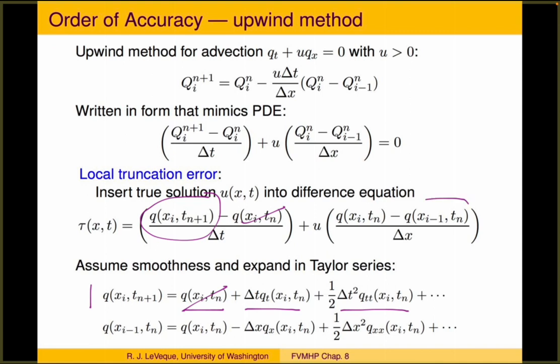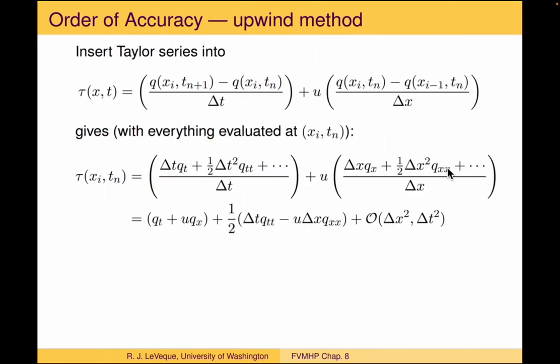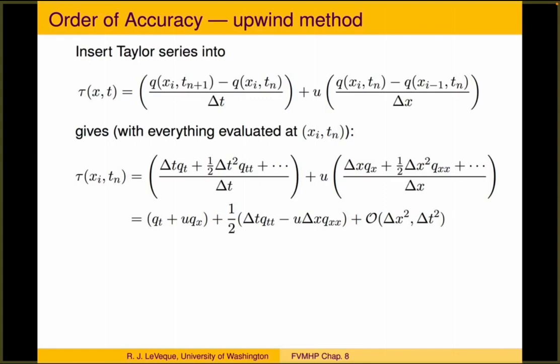Similarly, in the x direction, q at xi minus 1, tn, we can expand as a Taylor series about q at xi, tn involving delta x and derivatives of q with respect to x. If we do those Taylor series expansions, insert them in there and simplify, then after we cancel out the terms that are common and divide by one factor of delta t and delta x, what we're left with is an order 1 term, potentially qt plus u qx, plus a term that is first order in delta x and delta t, plus higher order terms, the dots in those Taylor series expansions,